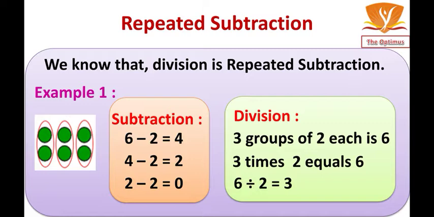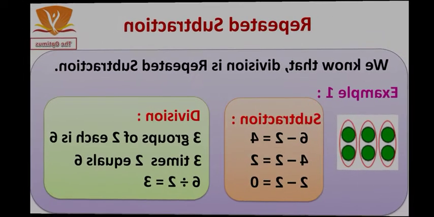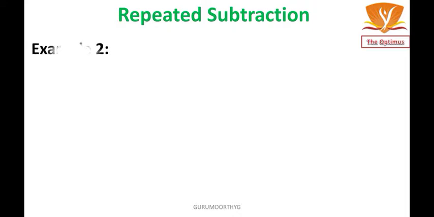Next, repeated subtraction, example 2. 20 divided by 5 equals what? Here, 5 is subtracted repeatedly from 20 as shown. Step 1. What you need to do here is to subtract the divisor until the remainder is 0 or less than the divisor, which is 5. Record a 1, 2, 3 each time you subtract. In our example, the divisor is 5, so you will subtract 5.